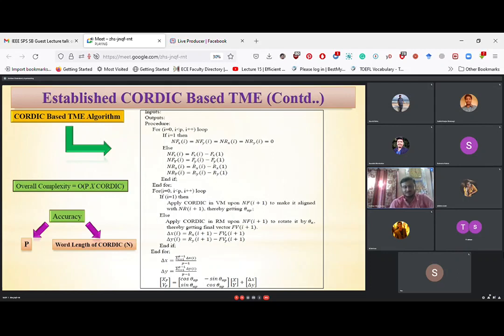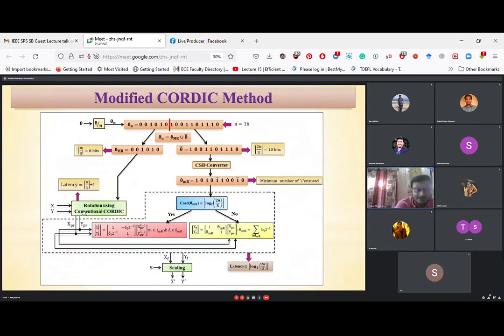So what we have done, we have changed the Cortex algorithm in this way. Suppose it is a representation of an angle in binary, and the MSB bits and the LSB bits are segregated. MSB bits are processed by using normal Cortex. LSB bits determine a very small portion of the angle.